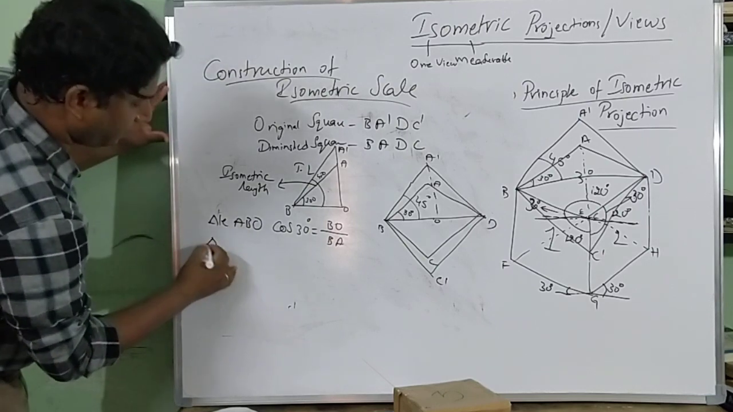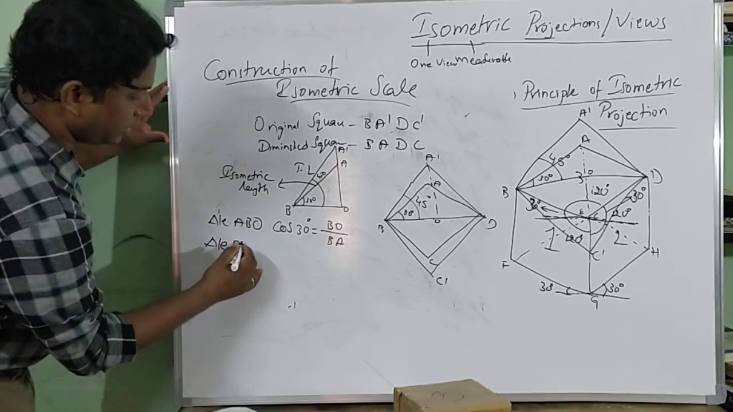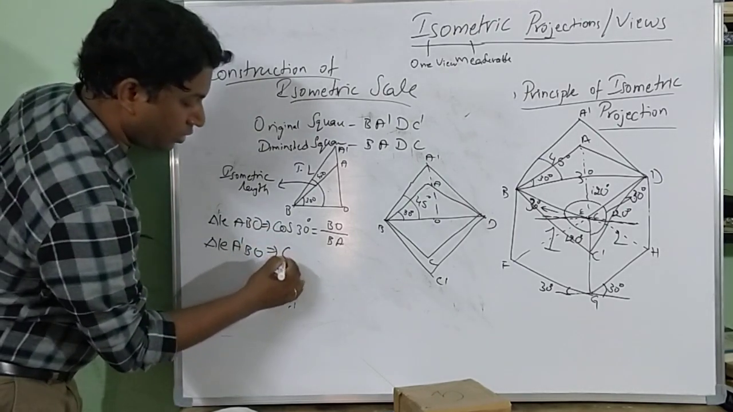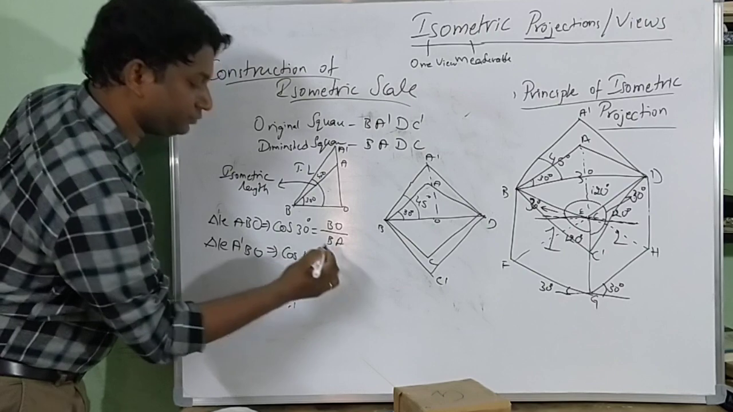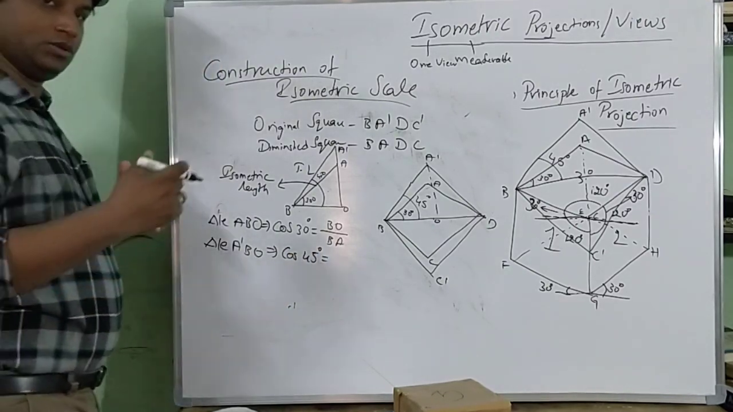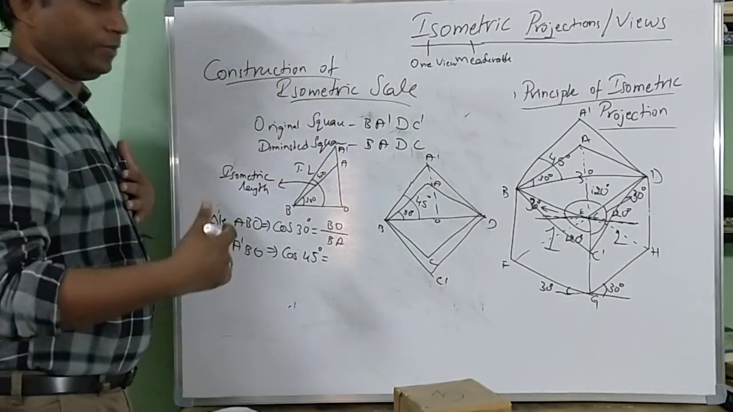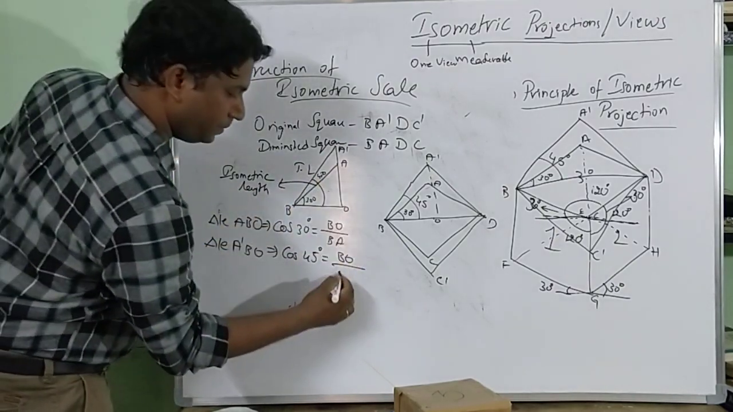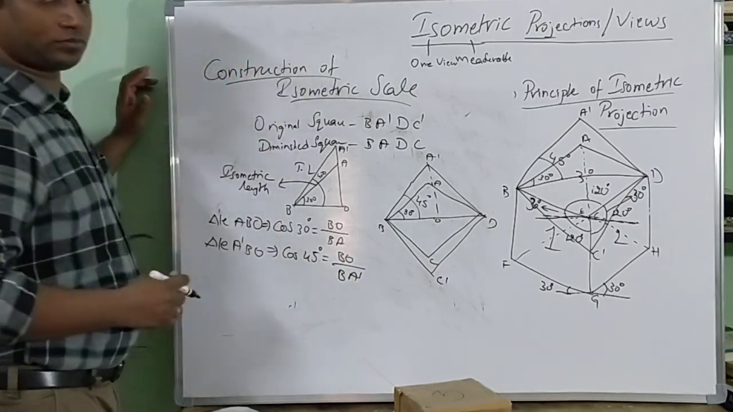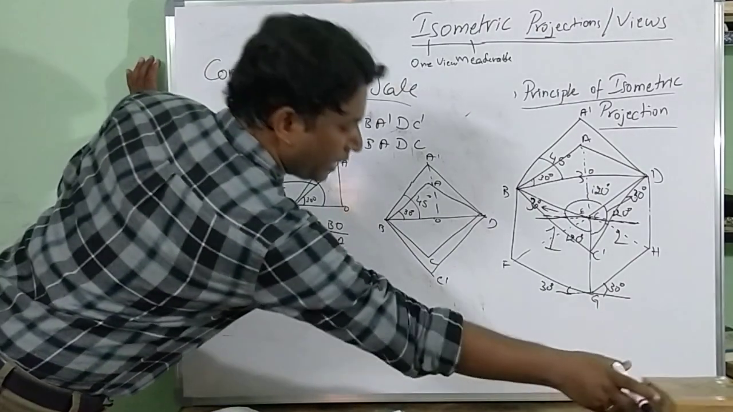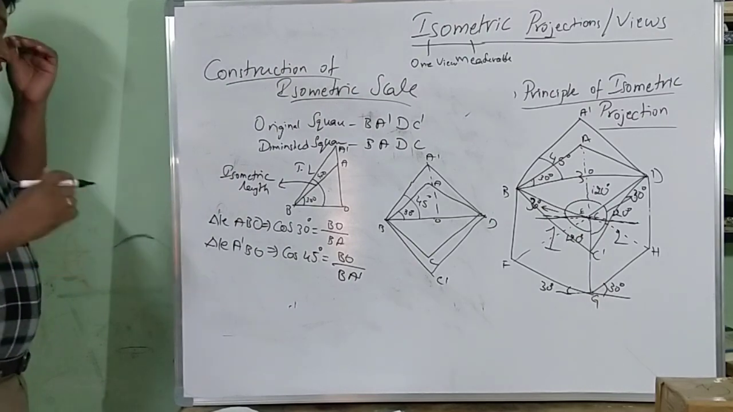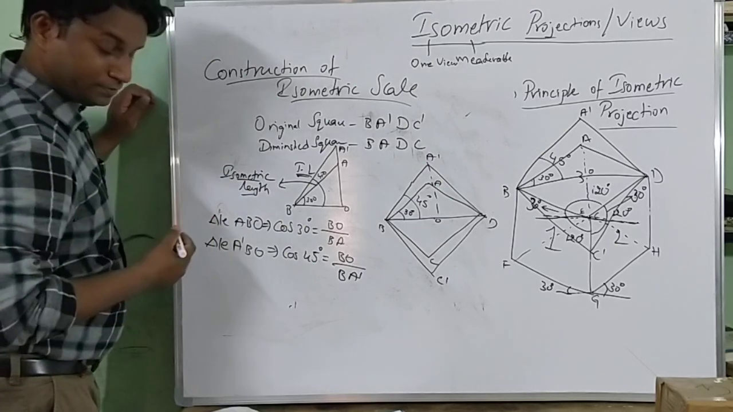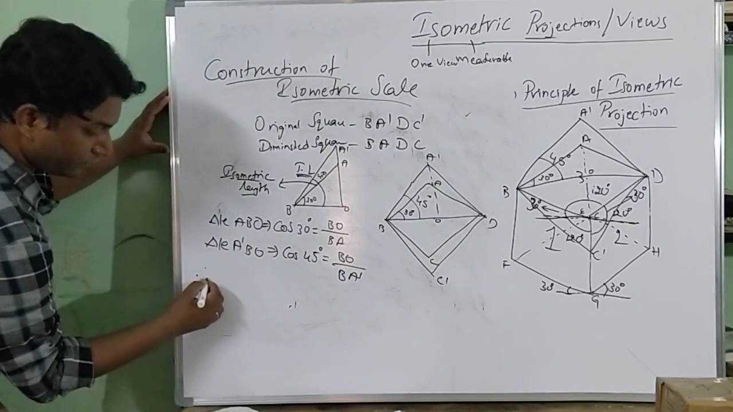In the same way, from triangle A dash BO, here cos 45. Cos means adjacent side by hypotenuse. The adjacent side is the same here, BO by BA dash. Now think, we are supposed to find the ratio between true length and isometric length. Therefore, what I can write here: